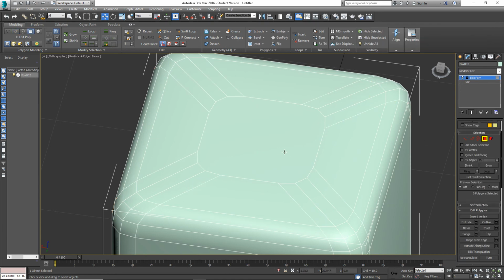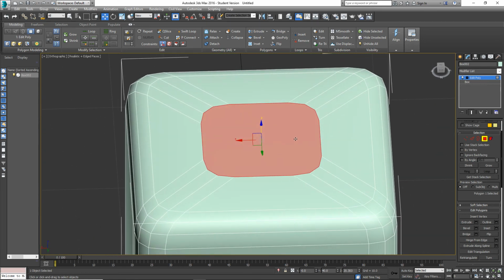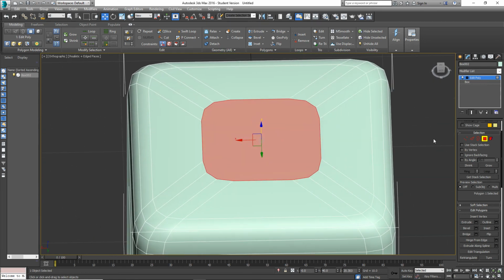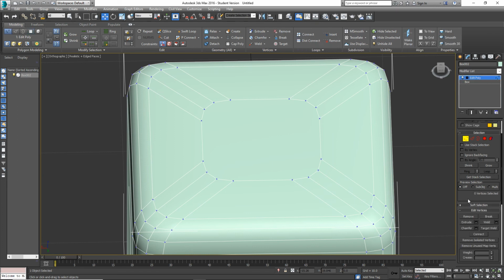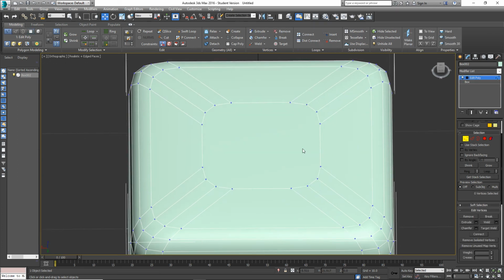And then from here, you can grab this and either delete it, which at this point you don't really want to delete. You're going to want to use the cut tool, which I think I went over in one video, but if not, I'll go over it again. You're going to want to use your cut tool, and you can either cut back and forth, as long as it's all in quads, of course. Cut here, so on and so forth,